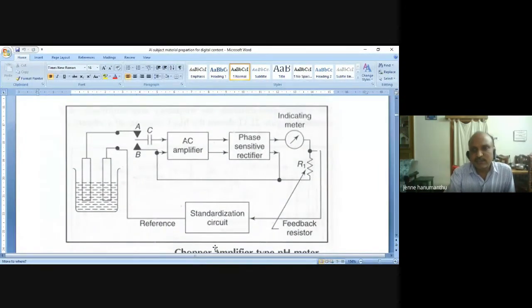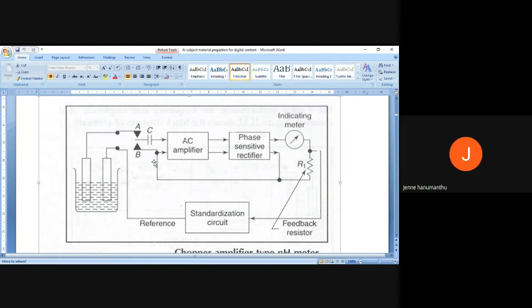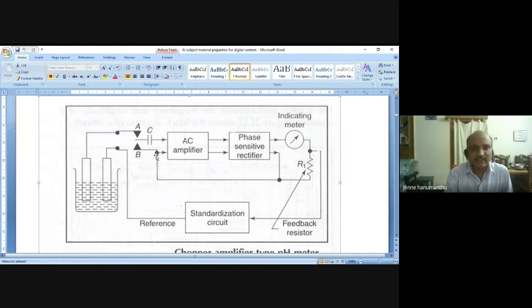that is connected to a potentiometer, right? So what is the meaning of this potentiometer? For this reference electrode, through some potentiometer and some feedback, we have to give a standard potential, that is, we should apply a standard reference potential to the reference electrode, okay, and that is chopped to the amplifier. So the same voltage is applied to one input of the amplifier. Okay, fine.